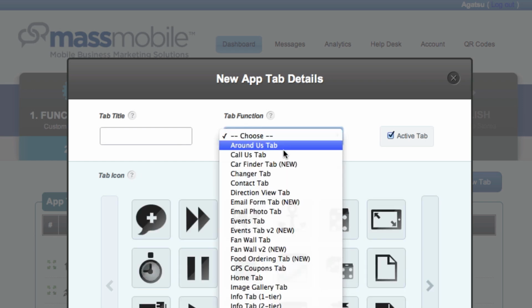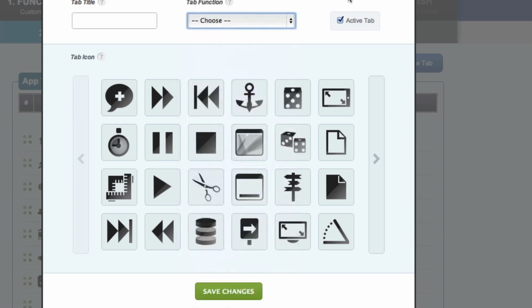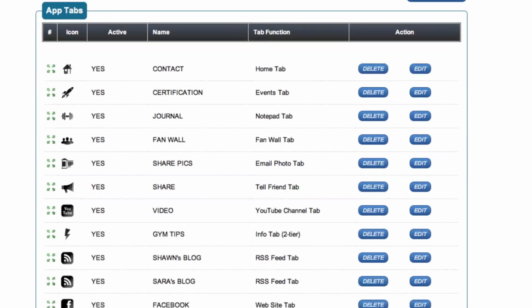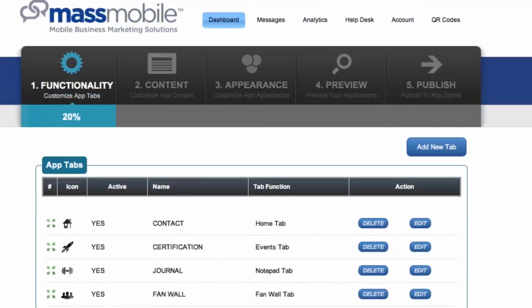And again, you have the ability to add this stuff. Some of these things are for different types of businesses, like there's a mortgage calculator. Does it make sense? Music, you can add a music tab for a workout place. That could be kind of cool. You could put some upbeat, this is our music mix, the Agatsu music mix or whatever. You can even add shopping. So there's lots of cool things that you can do with this in terms of expandability. So you're not just locked into this app that we initially built. If you're interested in adding other things, we can certainly do it for you, of course, but